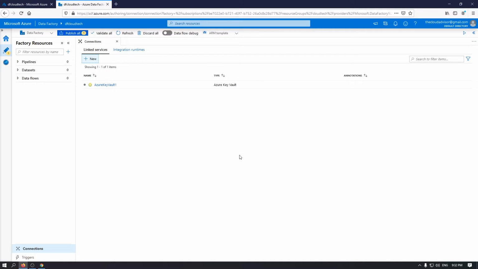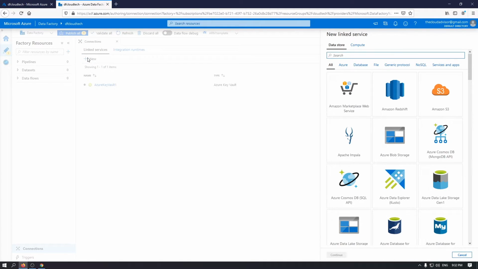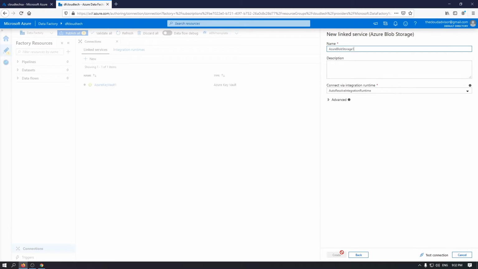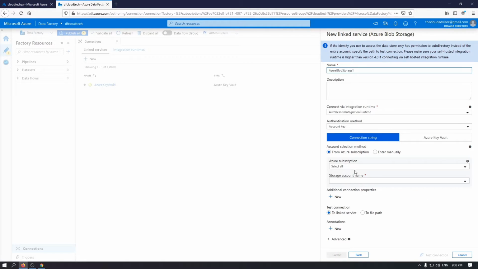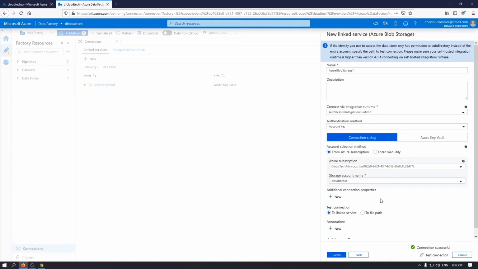I will make a new linked service, now with my storage account, to show you a direct connection to the storage account without Key Vault and how the syntax code looks. This time we will select Azure Blob Storage service, select the subscription and the storage account name, test the connection to make sure that you have access to your storage account, and create it.